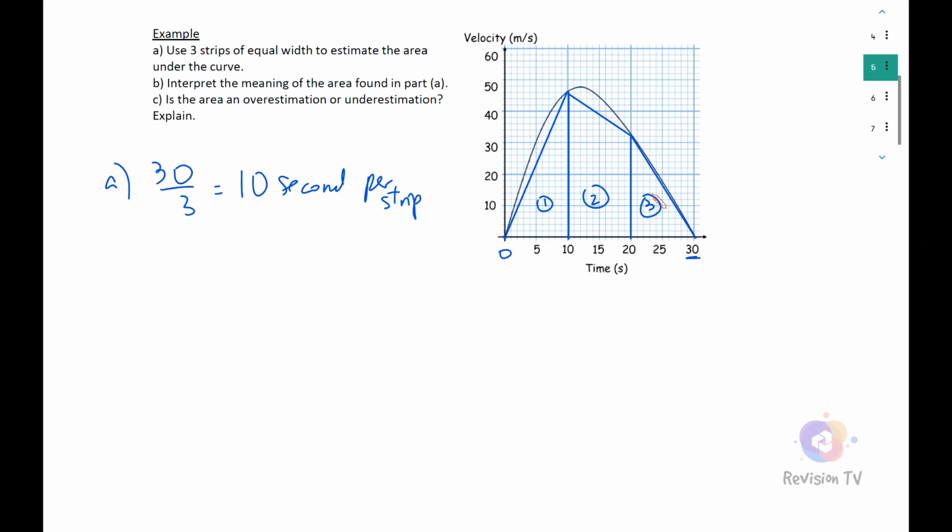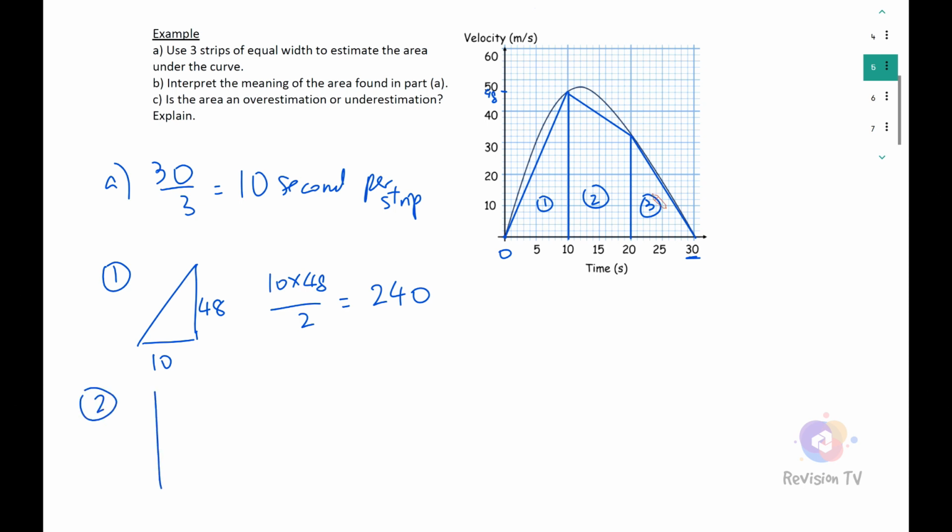Okay, to work out the area, shape 1 is a triangle. The base is 10. The height is 48. Base times height divided by 2, that's 240. Shape 2 is a trapezium, and hence I gave you a similar starter question, just to prep you for this. This time, the A value is 48. The B value in here, let me read across,